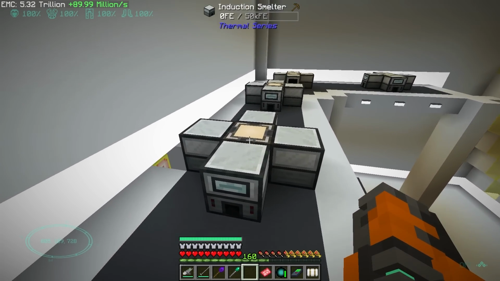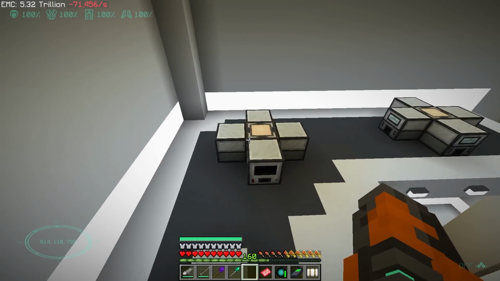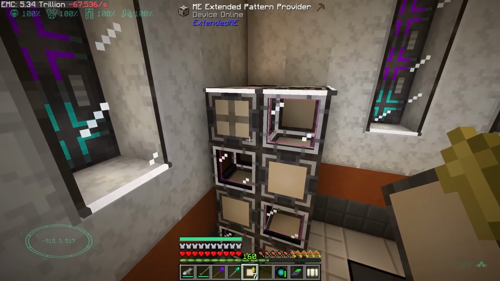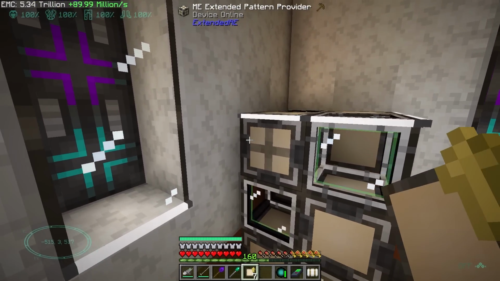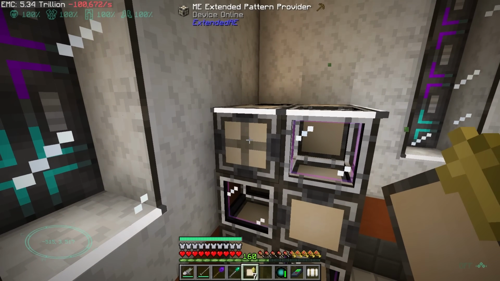I'm going to go ahead and make sure all of them are set to blocking mode, because we do want it to be able to separate and spread these items out evenly across all 4 of these machines. Now, with all of this auto crafting, I'm getting to the point where I now need to upgrade my Applied Energistics system. So I'm going through here and I'm going to start upgrading these components, or these pattern providers, into